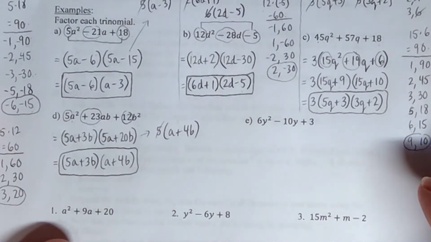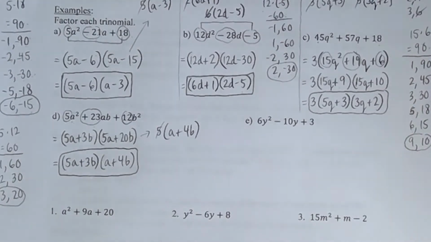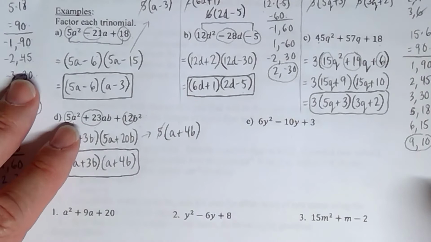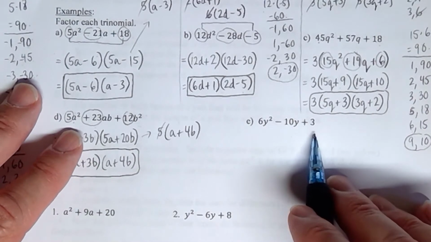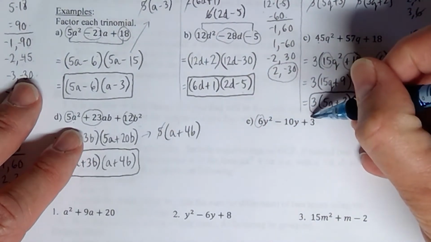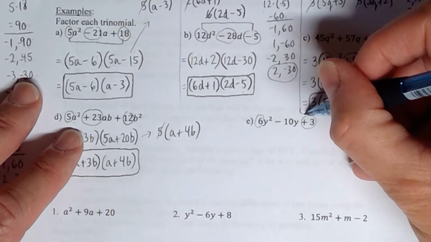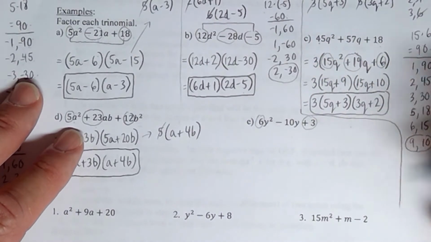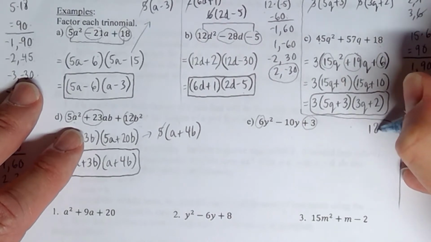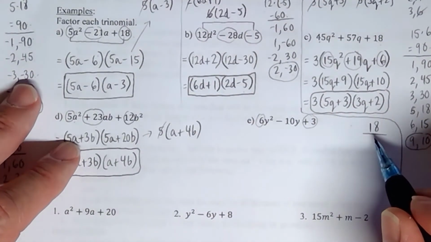Okay? Last one here, and then I'll let you guys try some. And I'll also talk quickly about those other two methods that you could potentially do if you don't like the Berry method. The GCF here is going to be 1, so we can skip that step. First and last coefficient, 6 times 3 is going to be 18, right? It's always nice when you have smaller numbers, usually easier to deal with. Since that's positive 18,